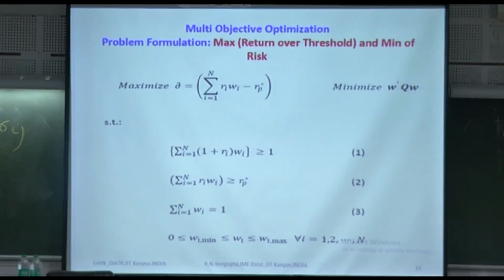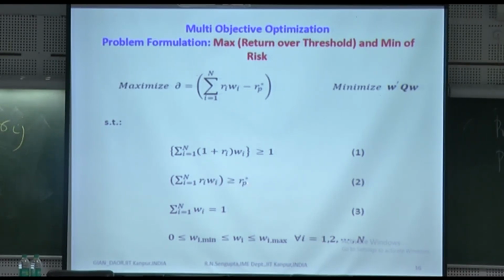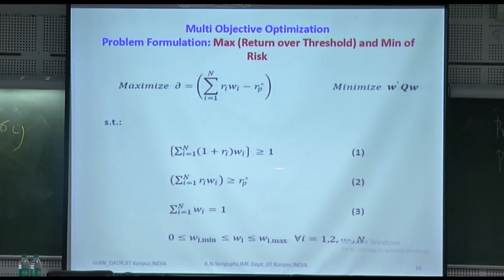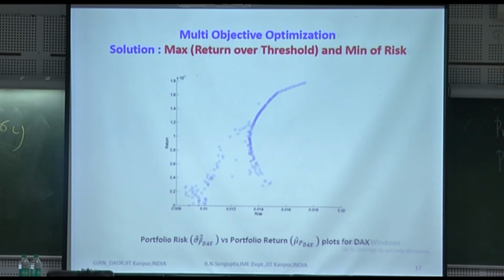Then I have the maximum return over the threshold. Threshold means over and above the threshold which you have set for yourself with respect to the variance. Again, this is the return being greater than RP star. I have not considered anything with the variance, and this is the returns being greater than the initial value. So you can put a probability here or here, but I am only considering the probability for the returns and the risk. If you plot it again for one value of beta, I get a risk return profile.